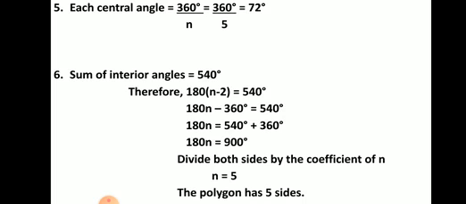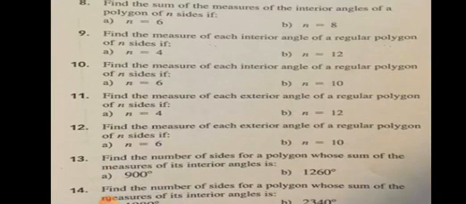Your homework now is this. You are going to find the sum of the measures of the interior angles of a polygon of n sides if a, n is equal to 6, b, n is equal to 8. That means you are going to do A and B for each number. So is that clear? From number 8 to 14, do number 8 to 14. If the 14 is there, I will let you know. I will send it to the group because I can't see it here now. But just do it and you submit.